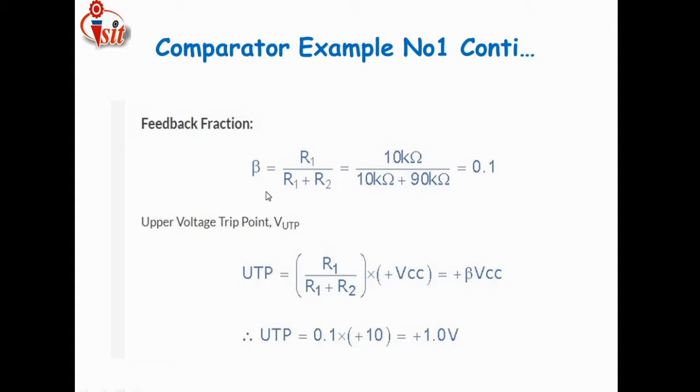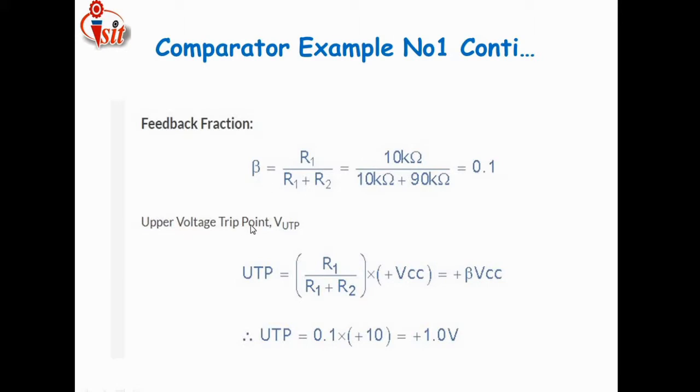The feedback fraction is nothing but beta. How is that beta calculated? Beta is equal to R1 divided by R1 plus R2. Then put in the value of R1. R1 here is given, that is 10 kilo ohm. And then put in the same value of R1 again, that is 10 kilo ohm. What is the value of R2? That is 90 kilo ohm. By using this, the ratio is of two same quantities, a resistance divided by a resistance. For that purpose, kilo ohm gets cancelled, and beta, that is the feedback fraction, does not contain any kind of unit. Then by calculation, what value comes for the feedback fraction? It is nothing but 0.1, but the unit gets cancelled. For that purpose, the feedback fraction is a unitless quantity.